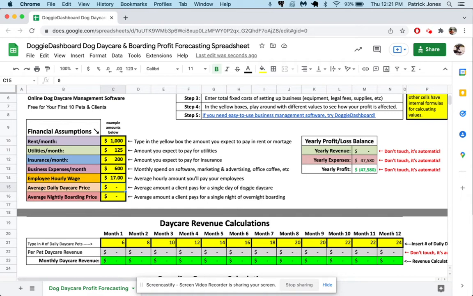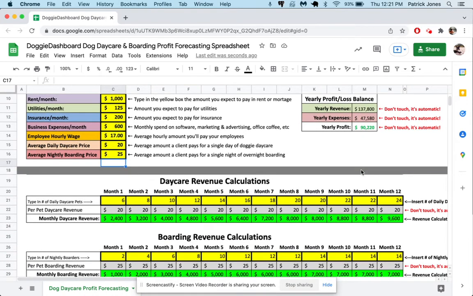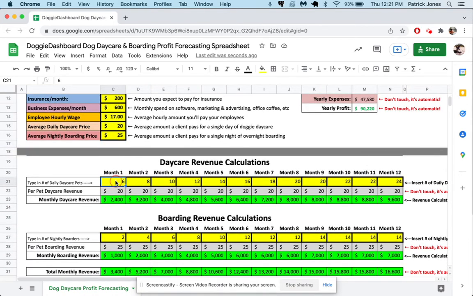So let's say we put in $20 for our daycare price and our boarding price is $25 a night. There we go. So you can see right now our revenue is $137,000 a year. Our expenses are $47,000 a year, and our profit's $90,000. Not bad. But now we're going to go through here and erase all these because we don't know how many